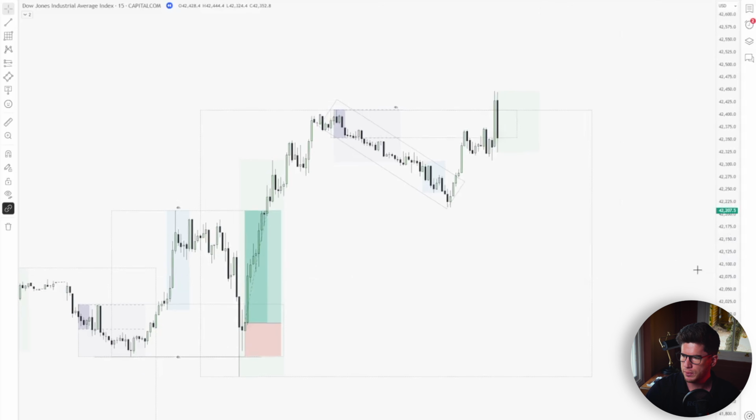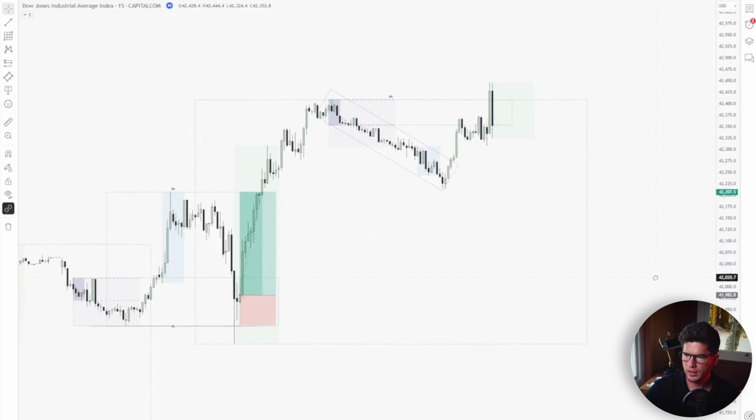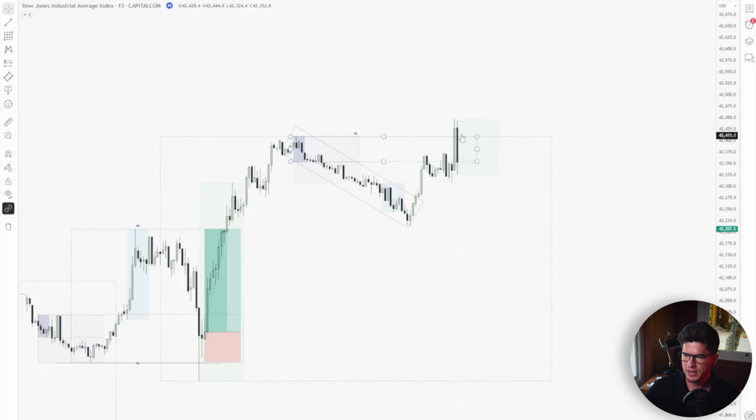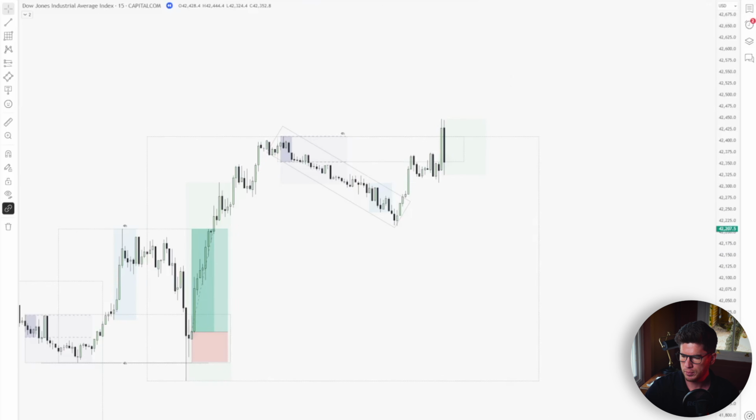And there we go. There's your manipulation. And that retrace candle is exactly what I was looking for. If we didn't have that 15-minute reaction straight away, immediately, 1, at the 4-hour highs, 2, I'm expecting a pullback, and 3, this is straight after New York open. If this bullish candle was followed by a second bullish candle,